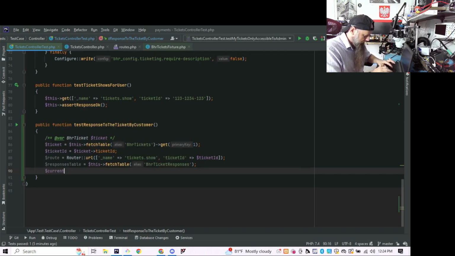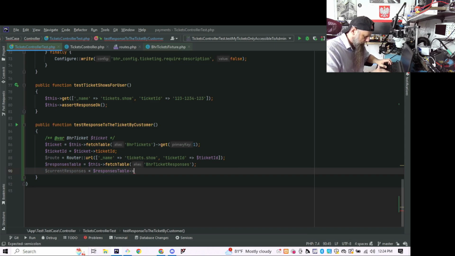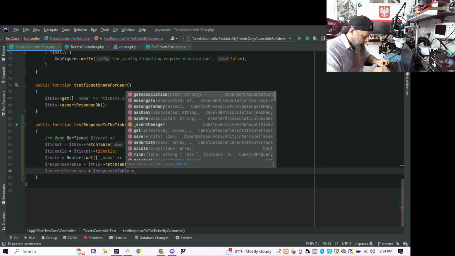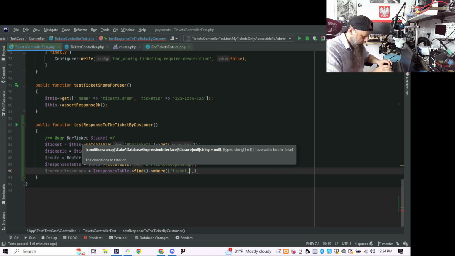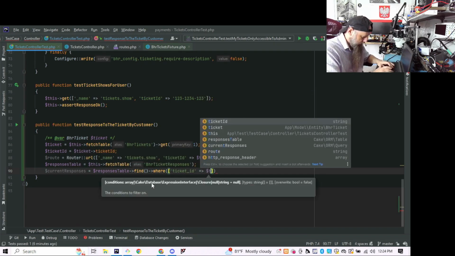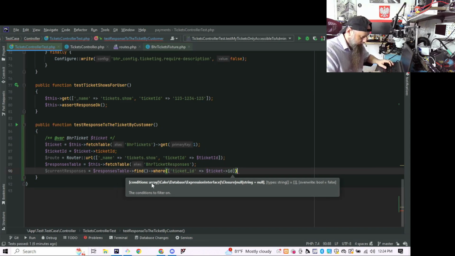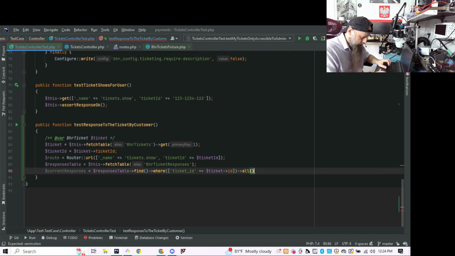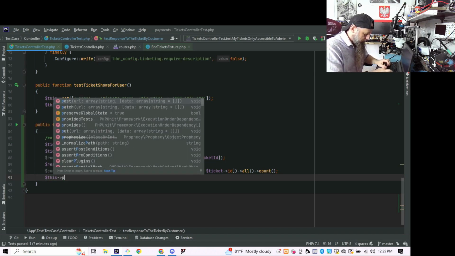So current responses will be responses table, and let's do find where ticket ID is our ticket ID, right? And we want all and count. So this is our current responses. So now when we submit response, we'll do this post